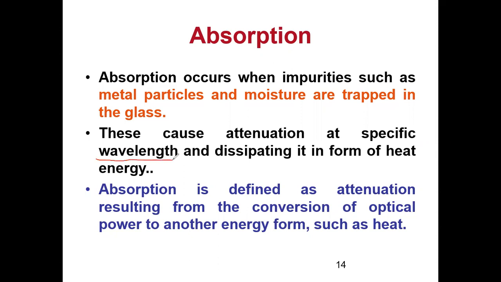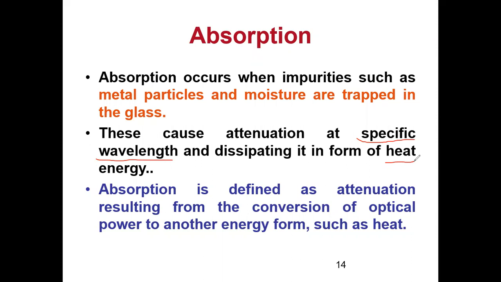This word I want to highlight, that at a specific wavelength those particles will cause more loss. Now how is it lost? The signal is in one form of energy, so it is converted into another form of energy. That energy is in the form of heat. So light energy is converted to heat energy, and that heat energy